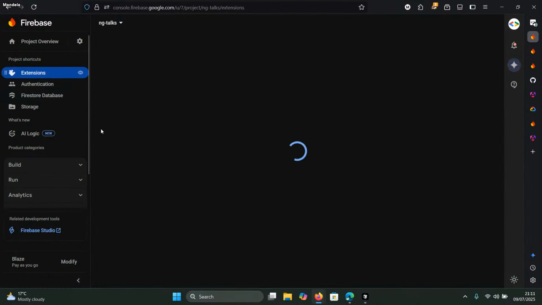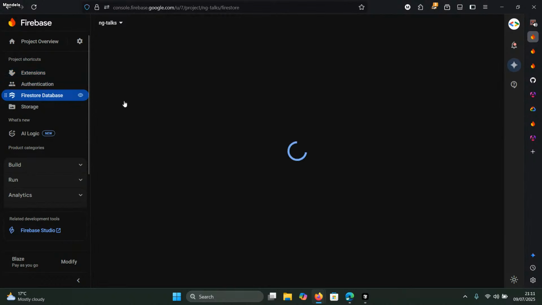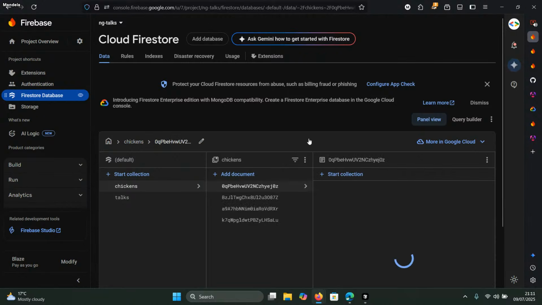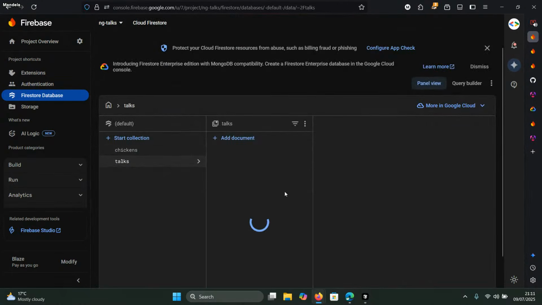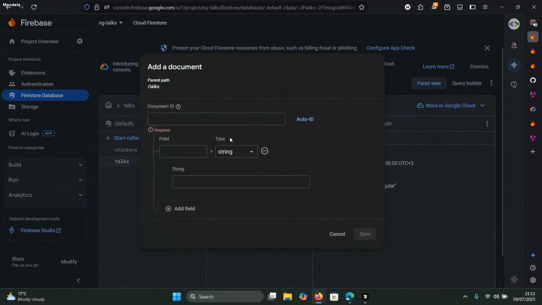So I just wanted to show you how the extension should work typically, and then I'll send you the Firebase, the Angular code, and then you can modify it to see it working. So over here, I'll come and add a new document. In that case, add an auto ID, and then the field now. I'll add this to be a title, and then I give this feedback like Angular schematics,